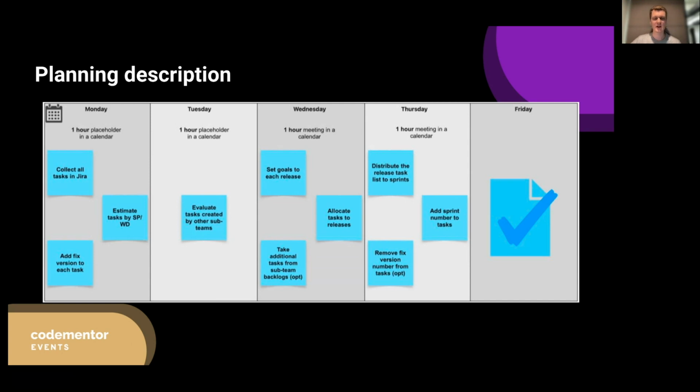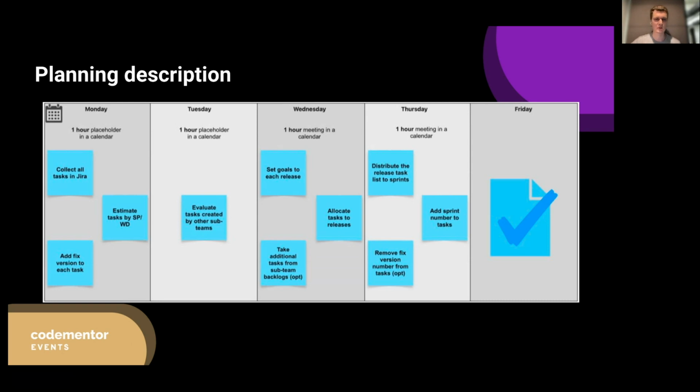And if you have room for non-product related tasks, this is the point where you can talk with your sub-team leads and take tasks from their backlog or take tasks that they suggested. This allows you to know what they wanted, what goals they would like to pursue, what they would like to achieve, and also this will be a clear and debatable and process-driven way to close your bugs and to work with your bug backlog and work on your technical debt,